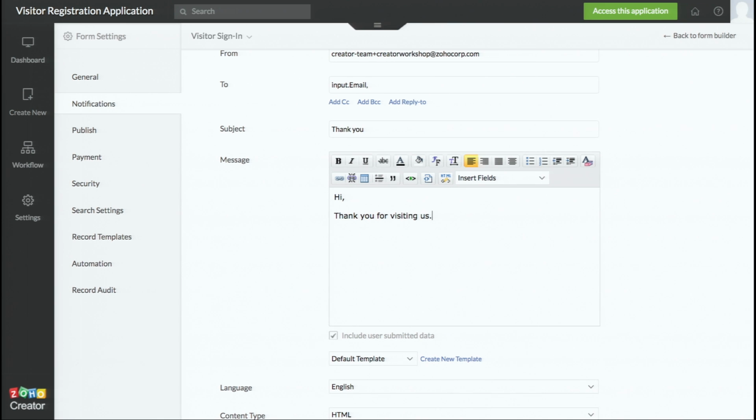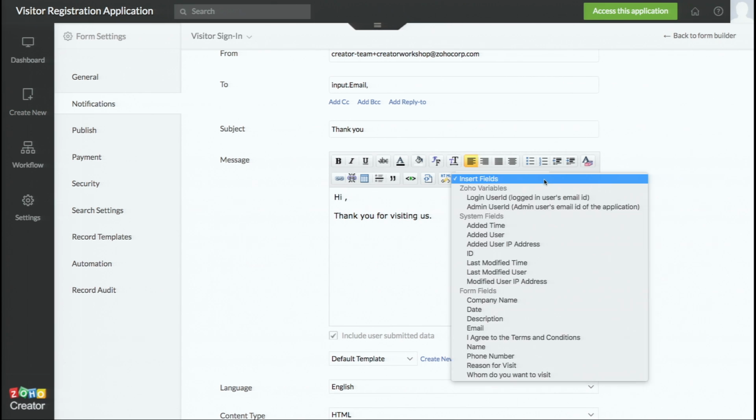Now let's say instead of saying just hi, wouldn't it be good if we can address the visitor by the name? Anyway, we are capturing the name through the visitor form detail. If you want to do something like that, there's an option here, insert fields. All the fields in that visitor sign-in form will automatically be available here. So you just have to pick the right